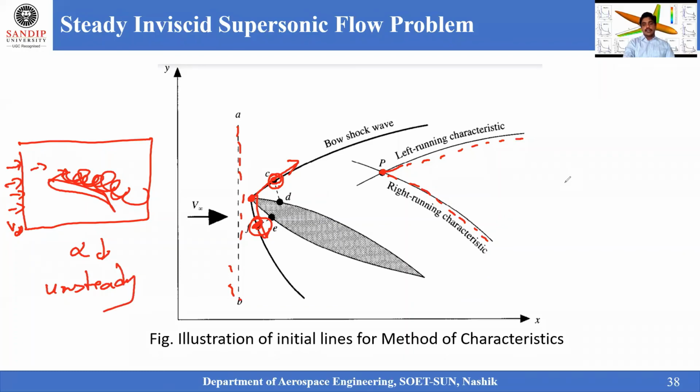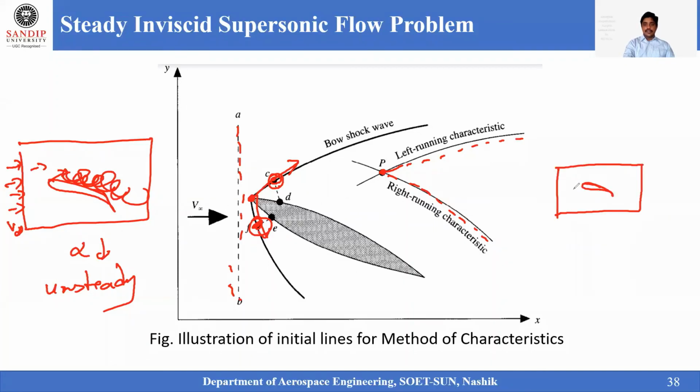Whereas in the current case, we are going with only medium angles of attack, and there is a shock wave formed on this body. When the shock wave forms on this particular body, we can see that the shock wave is attached to the body at the same time. Here a shock is generated, and this shock needs to be captured in this domain. So where is my AB? My AB is actually this line, where I have given the inputs. So this is by the method of shock capture, right?